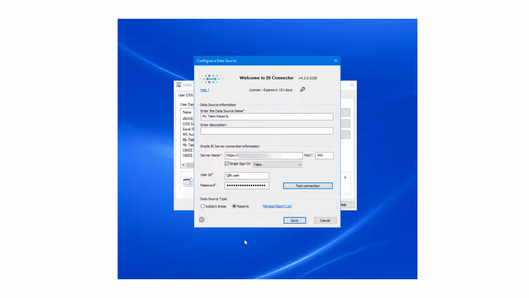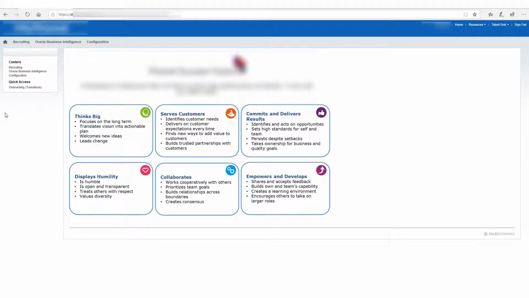The Taleo OBIEE environment can have thousands of analyses, and you may not need to access all of them via Tableau, Power BI, or Qlik. Manage Report List enables me to configure a set of Taleo OBIEE reports and make them available for my chosen visualization tools. To get the report I want to add to my reports list, I'll first log into my Taleo